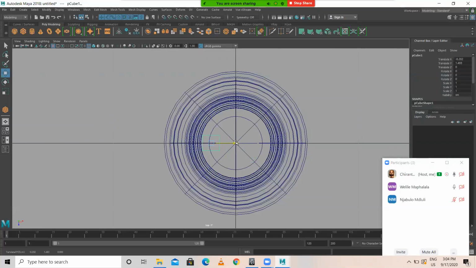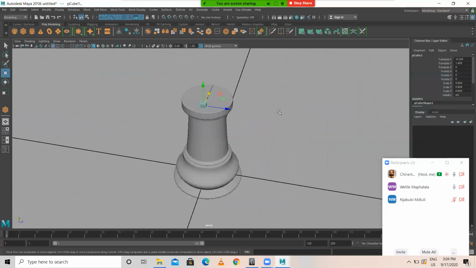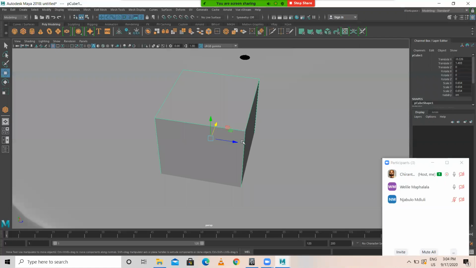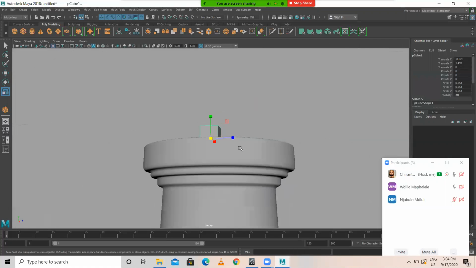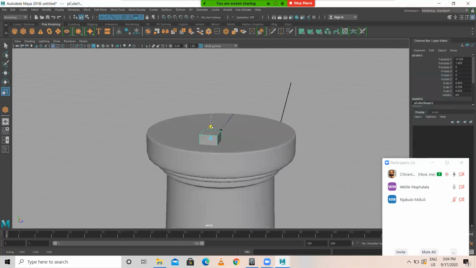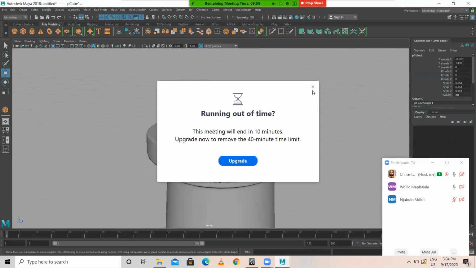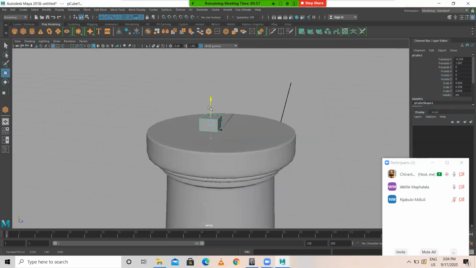I want to make this smaller, like this, something like this.